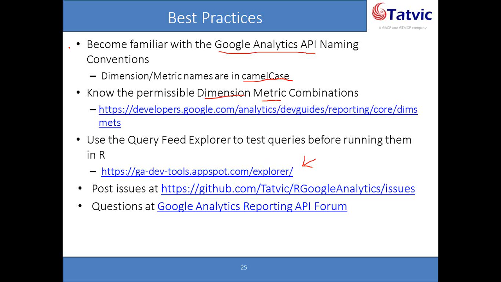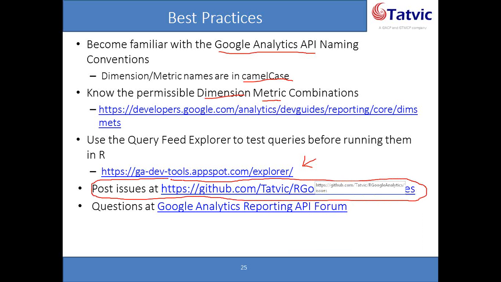But these are issues only for starters. So if you're starting, these might be the issues, but once you get yourself familiar with it, this becomes pretty easy as well. We maintain this open source library for R for Google Analytics. I highly encourage that if you find any issues or troubles, please feel free to post your problems and issues.